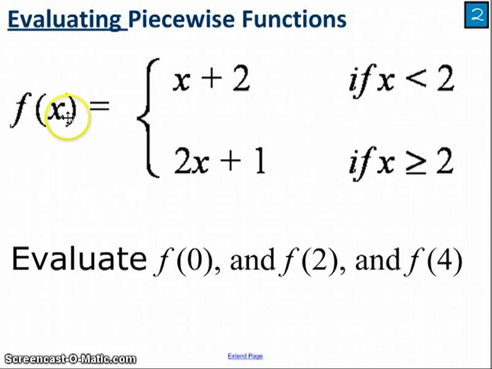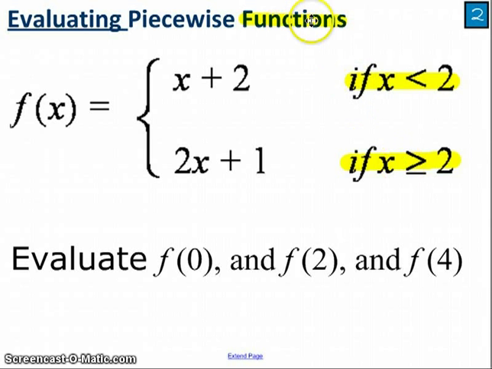If I gave you the set of equations for a piecewise function, and here's an example of what one might look like right here, and then asked you to tell me what f of 0 is, what I'm asking here is, what's the result when x is 0? So for example, if your age is 0, what's the price? If your age is 2, what's the price? If your age is 4, what's the price? Well,